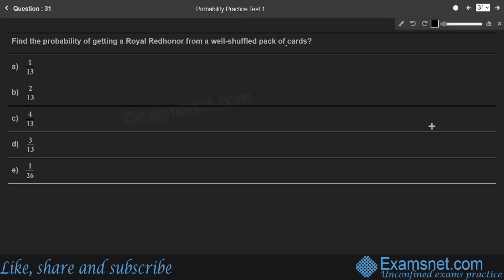Question number 31. Find the probability of getting a royal red honor card from a well-shuffled pack of cards. That means the favorable outcomes are the number of royal red honor cards in a pack of cards, divided by the total outcomes, which is the total number of cards in a pack. So the required probability of getting a royal red honor card is equal to the number of